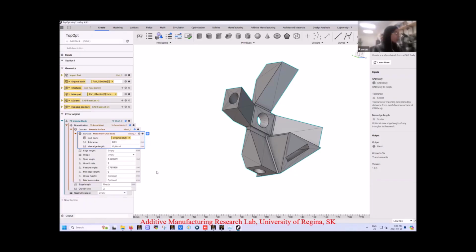Now we'll start inserting the other inputs that are needed for the mesh structure. After specifying the domain, we'll have to go through the inputs. The tolerance as it is, you can change it if you want to improve your quality later on, or if you're having trouble with your mesh being generated. But as it is right now, it's fine. Now for the edge length,